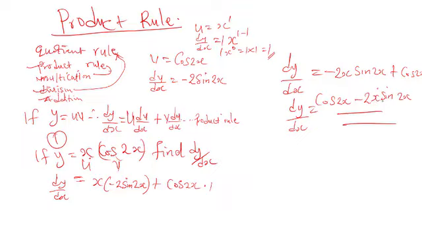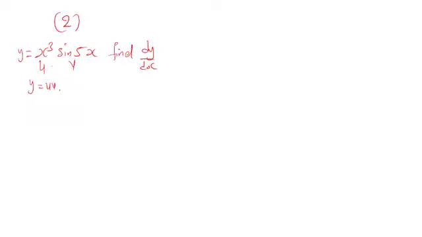Now I would like us to solve question number 2 to enable us become more acquainted with the product rule. If you have y equals x cubed sine 5x, now I want you to find dy/dx. Remember the rule. This is a product rule. This is u and this is v, and if y equals uv, according to the product rule, dy/dx is equal to u